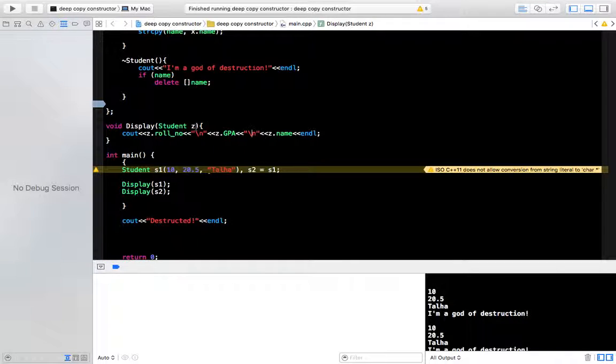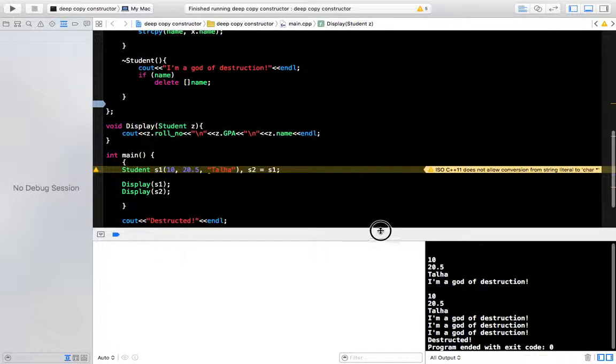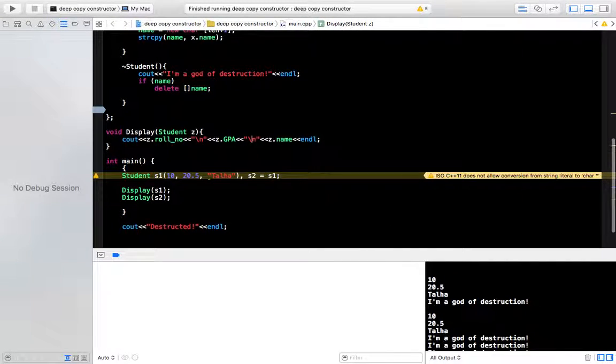Then it's going to copy this s1 into z, so this is 2, and then it's going to display all the values. Then the second object is s2, and then it's going to copy s2 here, and display all the values. So in reality four objects are being created, but the trick here is that this z parameter, whenever this function is done displaying all the values right here,